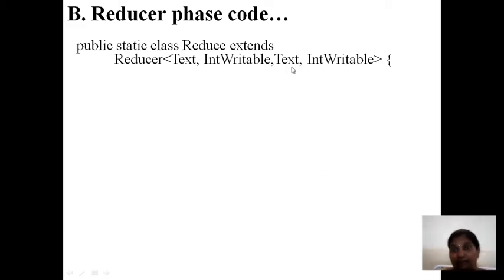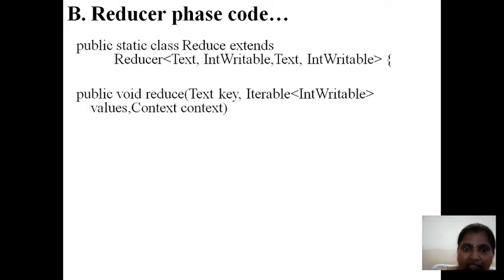But it is not the same for the mapper, because the mapper will get input from the record reader in terms of LongWritable. Why? Because it is an address. Later the input, but the output we will get is the text and the count. Okay, so the text and the count is the same as input to the reducer, and the output is going to be again text and the number only. There is no deviation in that.